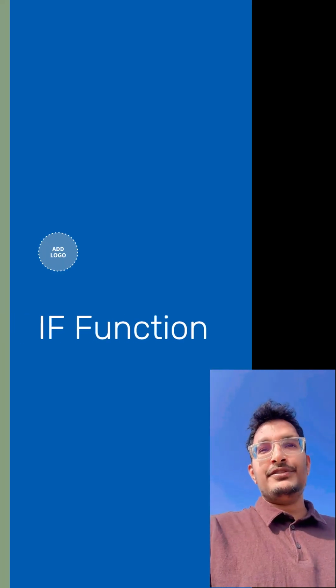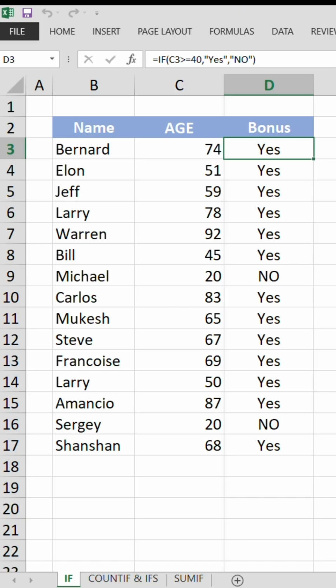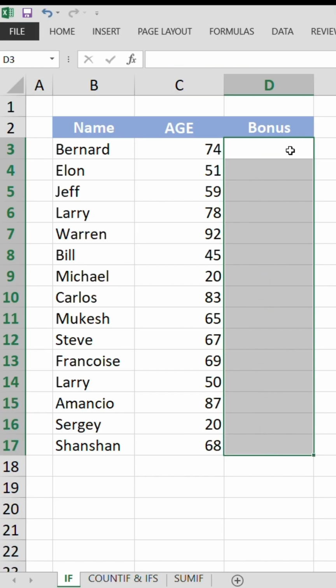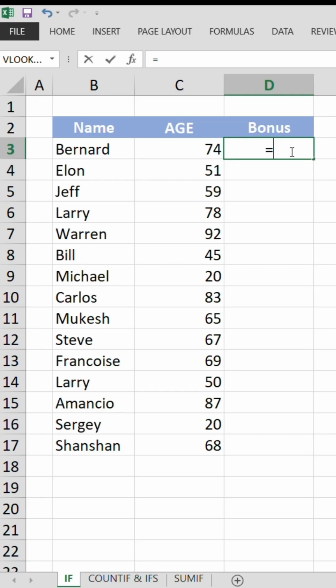Quick practice on the IF function today. Here is the data set. I've already done the IF function here, so let me delete it first. Now I'm doing it: equals IF, open parenthesis, then let's select that column, greater than or equal to